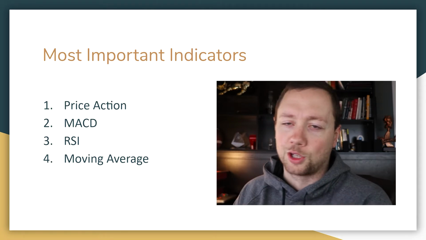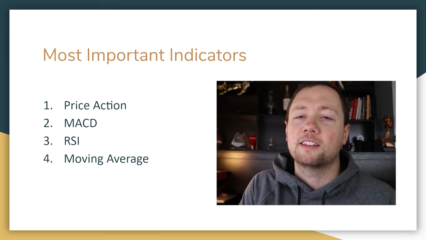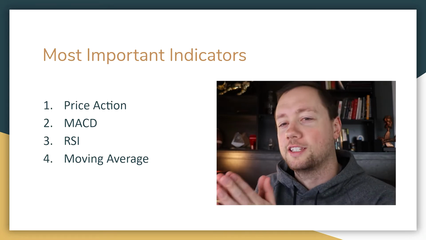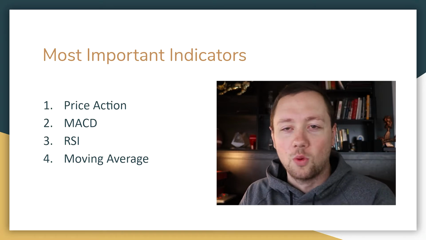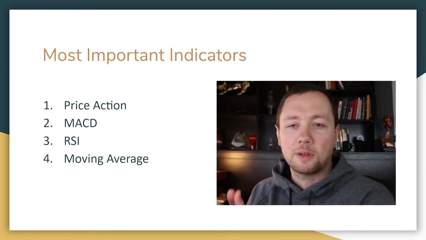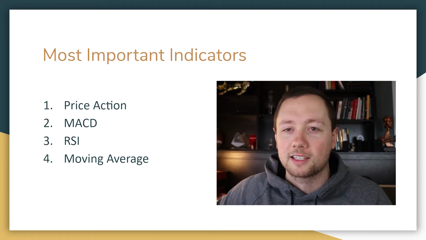the price action. What is the actual price doing and where is the support and resistance? Secondly is the MACD indicator. Thirdly is the RSI. And fourthly is one of the moving averages, whether it's a VWAP, a simple moving average, or an exponential moving average. I'm going to walk you through how to set those up in your chart, but let's get into price action